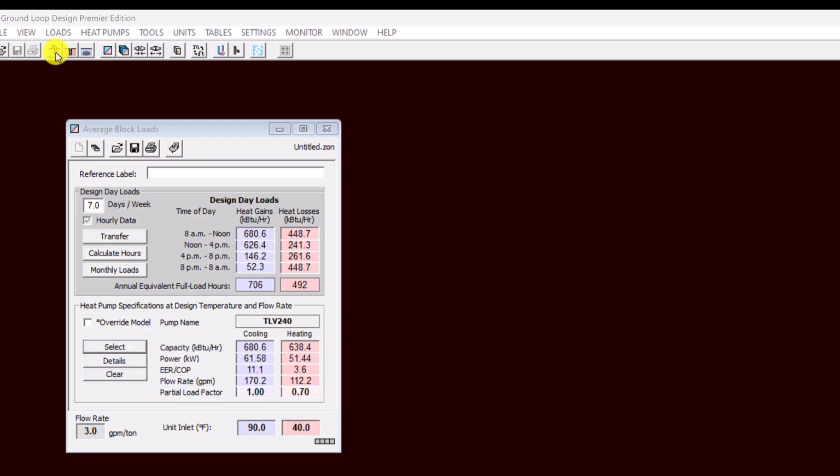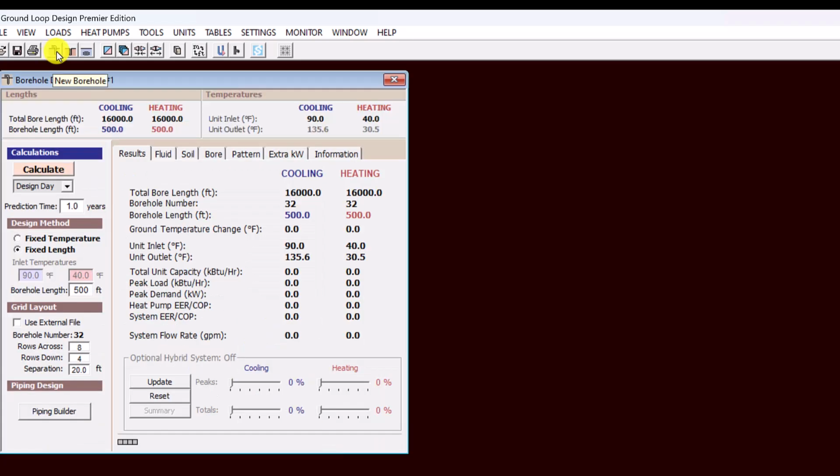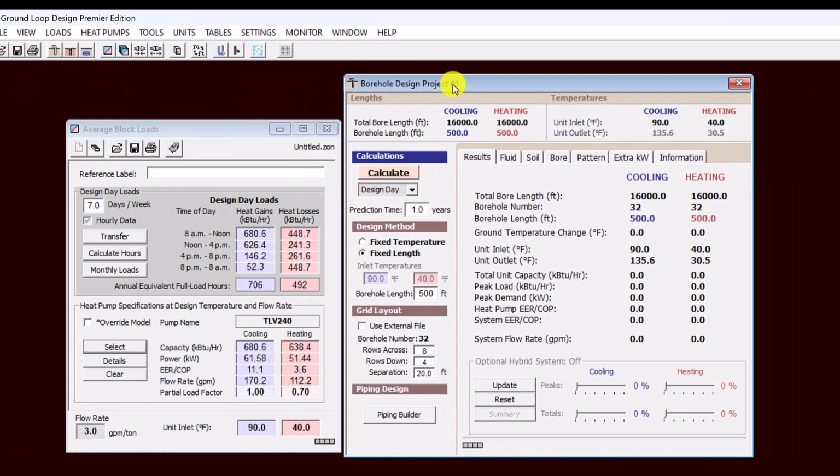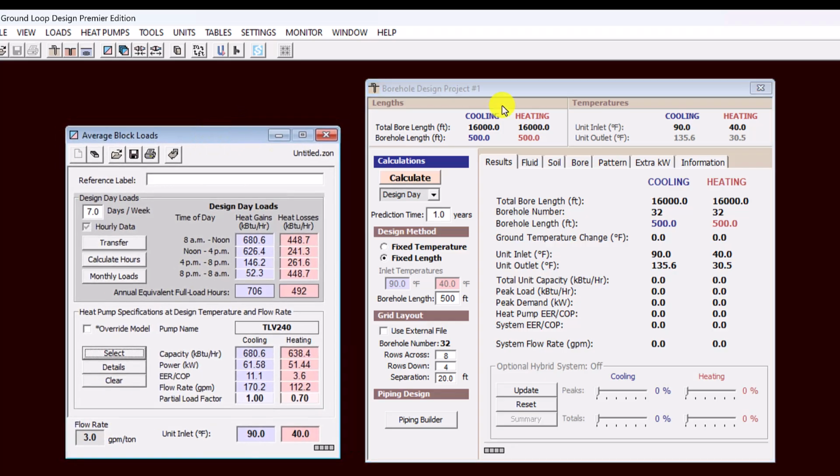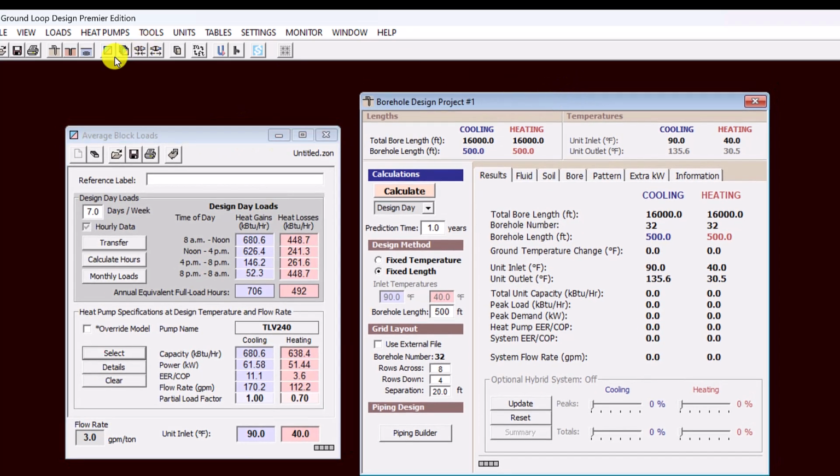You can have a vertical bore field, horizontal heat exchanger, or a surface water system type. I'm going to choose vertical bore field for this particular project. Then we need to link the loads to the system configuration, like so. And from here you can set up your fluid type,